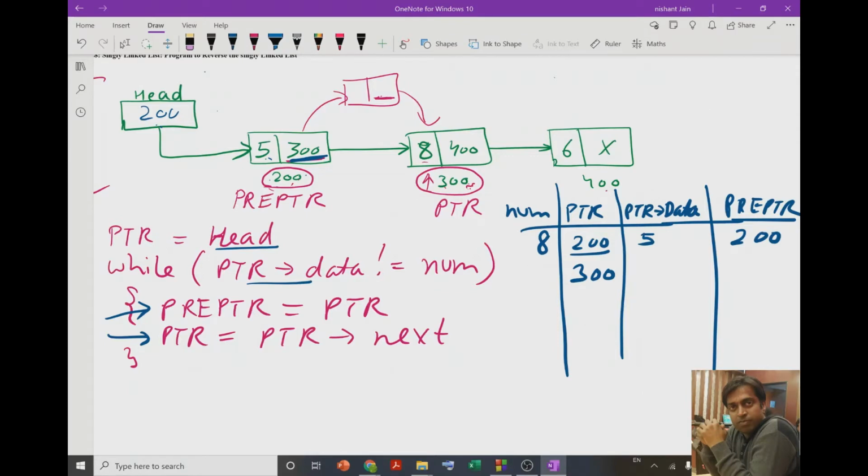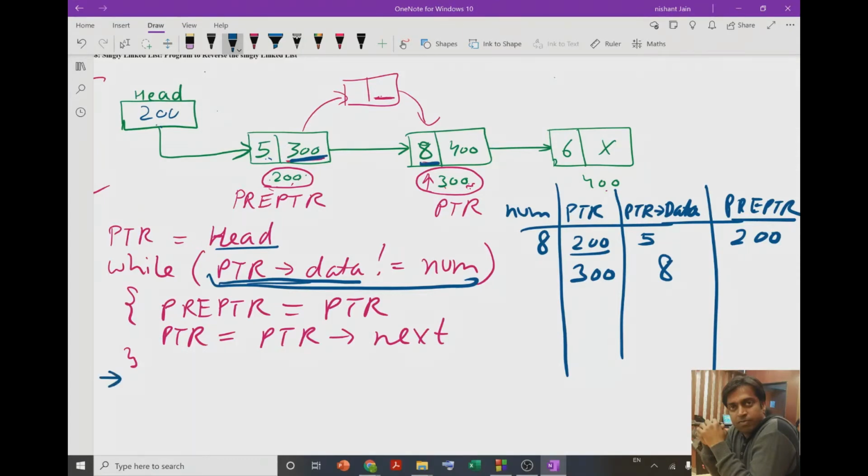Then we go to the while loop again and check the condition, PTR data. The data at 300 is 8, and num is also 8, so the condition PTR data not equal to num becomes false. Since it becomes false, we come out of the while loop.